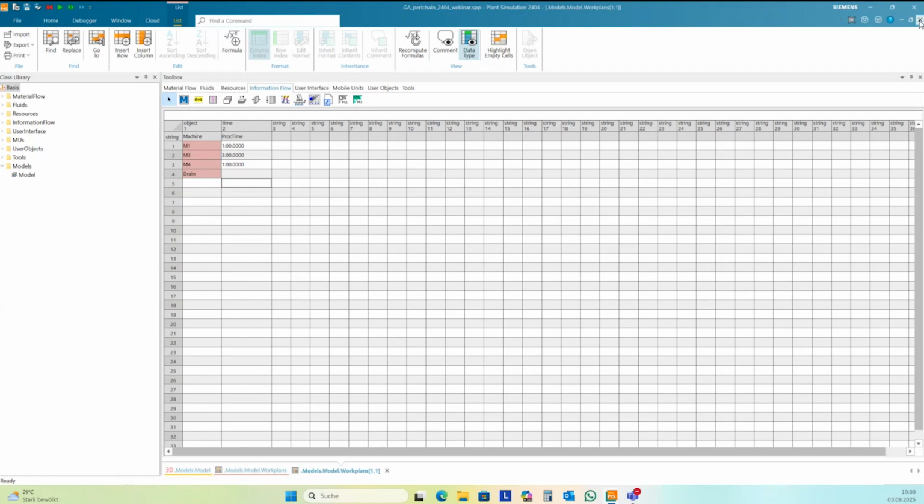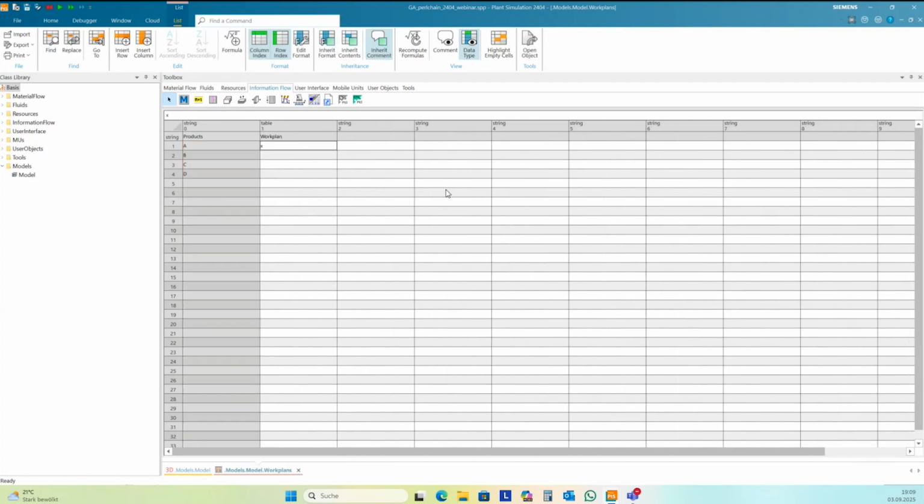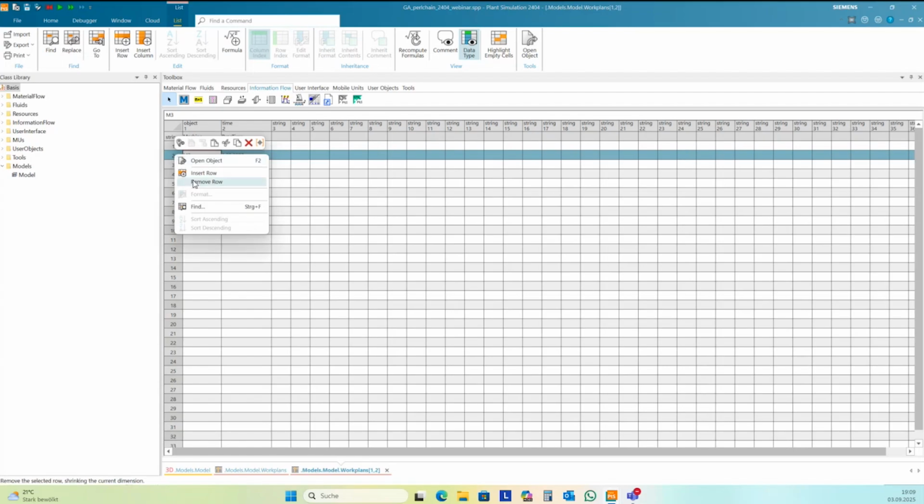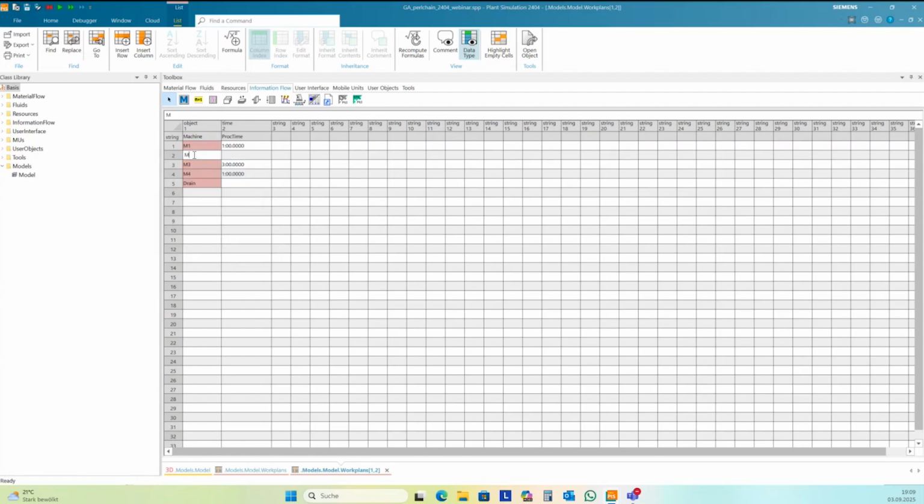Okay, this I can take as a base to create the other work plans. I can copy this with Ctrl+C and place it here as a blueprint for the work plan of B. It should start with M1. Then I insert a row here. It should continue with M2, and it takes 10 minutes. Then comes M3, maybe 2 minutes. M4 with 1 minute, and then train.